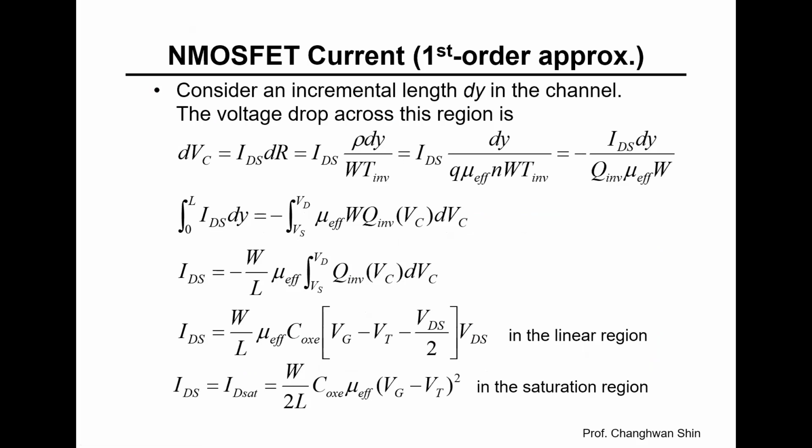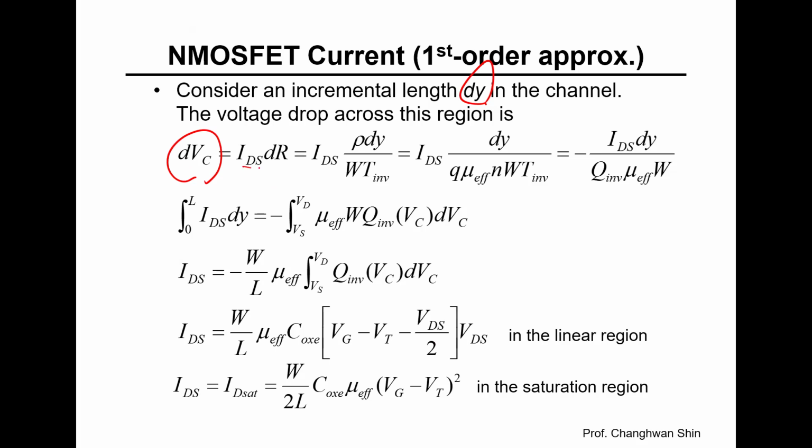All right. Now let's move on to the MOSFET current. Using our first order approximation, we can derive expressions for the MOSFET drain current in different operating regions. Let's consider an incremental length dy in the channel. The voltage drop across this region is dVc, creating a local electric field that drives current flow. So in the linear region, the current is given by